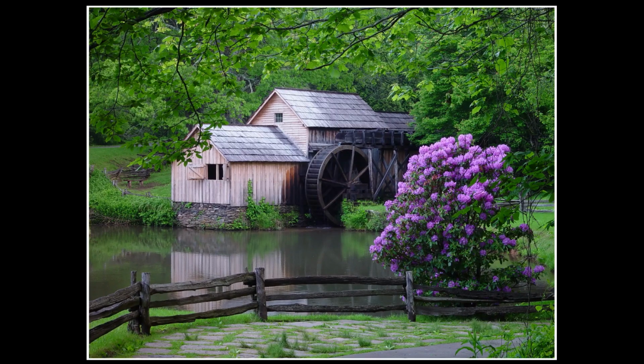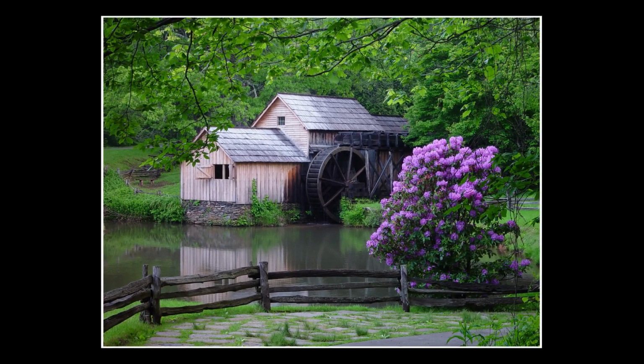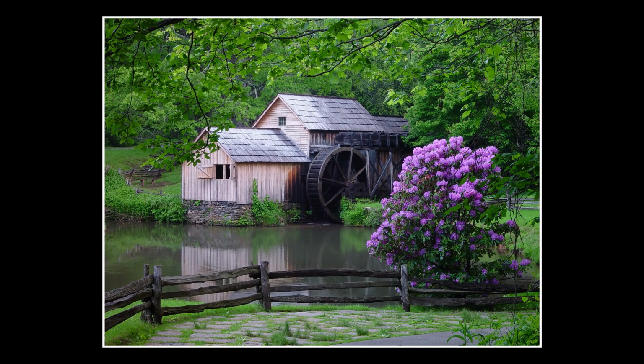Well, since this is the first time I'm really showing you guys my actual income I get from stock photography, let's set the Wayback Machine back about 13 years. Here is the first image that I ever sold. I believe it's pronounced Mabry Mill. This is in North Carolina along the Blue Ridge Parkway. It's one of my best-selling images ever, which is amazing because it's also the first image I ever uploaded to